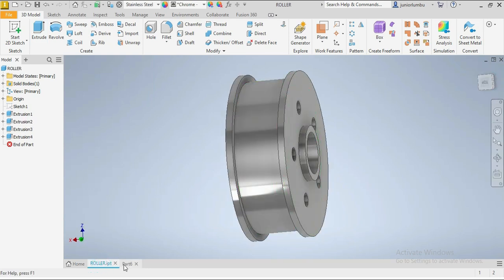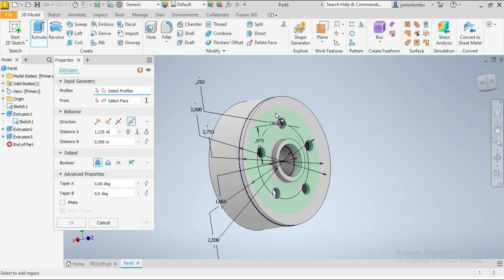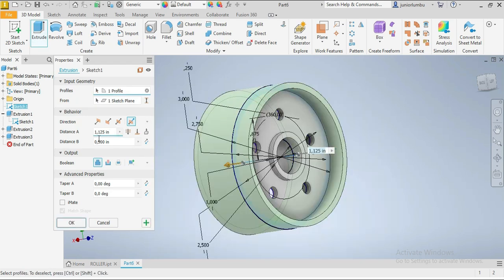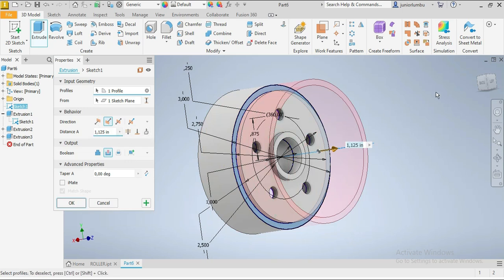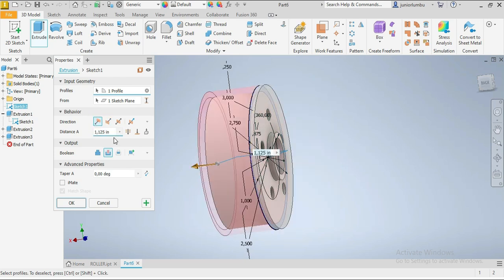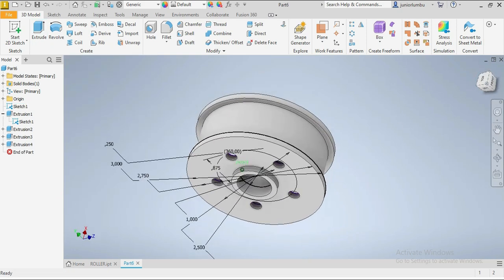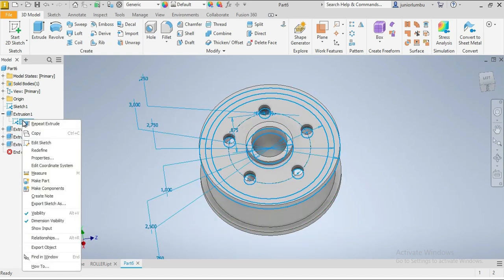Right, as you can see, your drawing is done, the same as this one here, but we need to cut that part there to create that way for our roller. So we're going to extrude again, we come closer, we click there, then we cut it by 0.875, not that way, we do this. Okay, 0.875, click that function, put here 0.875. Okay, so now that is done, we're gonna say okay, then we go for visibility off. We right click on our mouse, and then